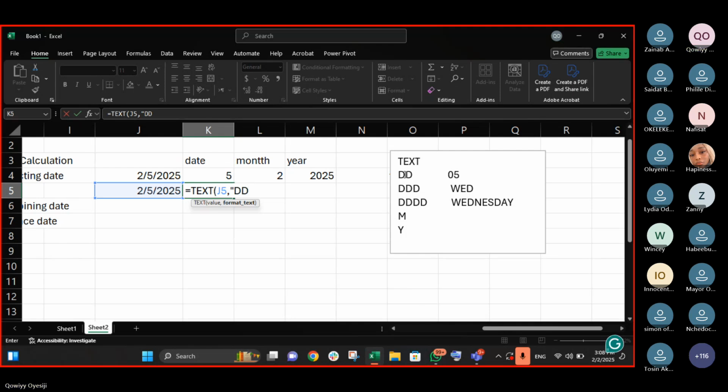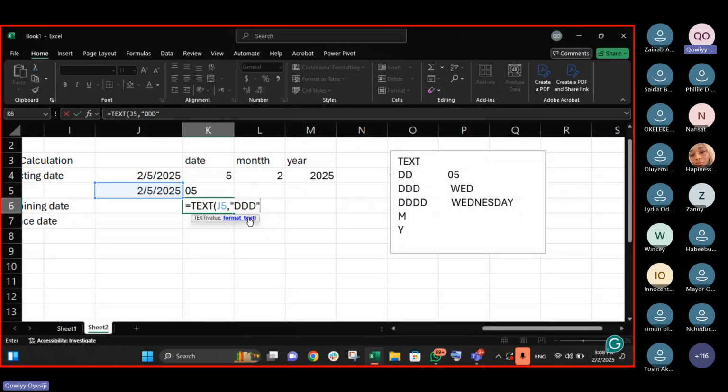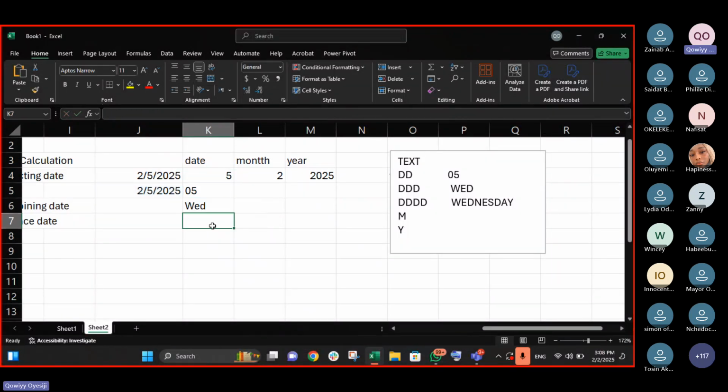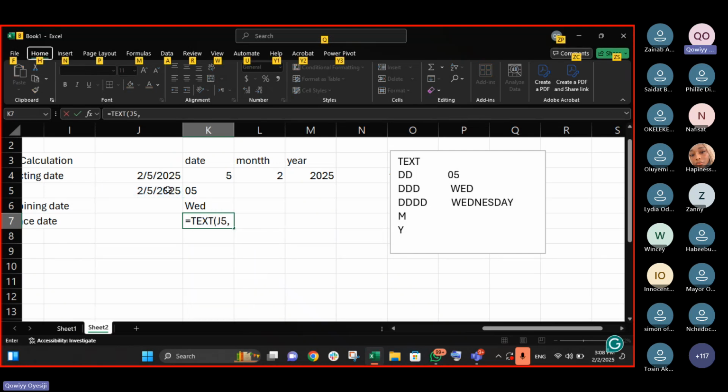DD, close the bracket, then enter. You can see it 05. I can then say equals to text again. This is my value, comma. What's my format? I want to use DDD, close the bracket, enter. Then equals to text again. This is my value, comma.